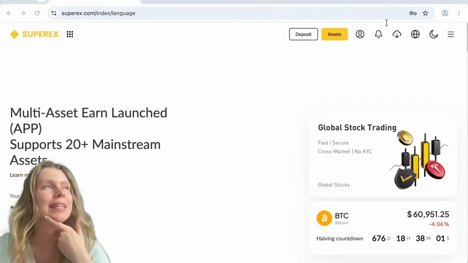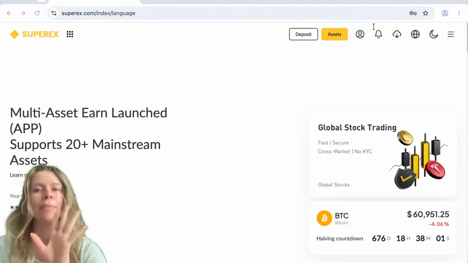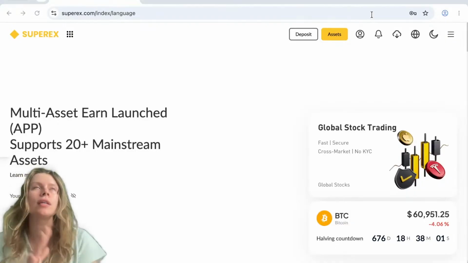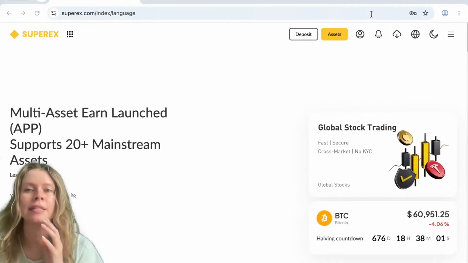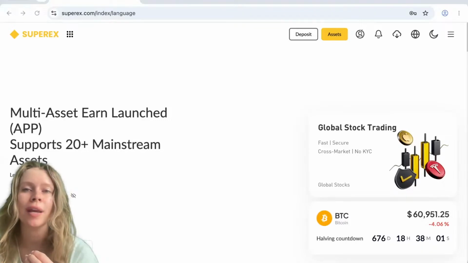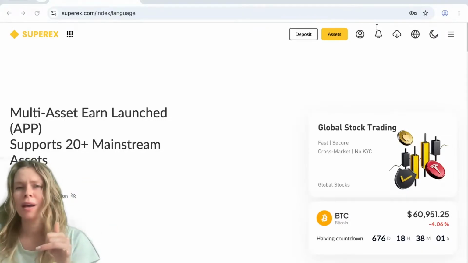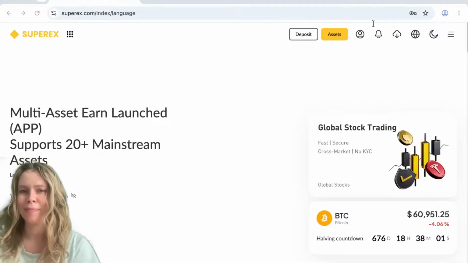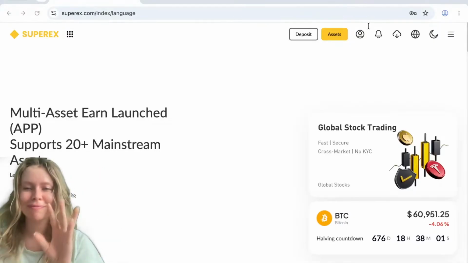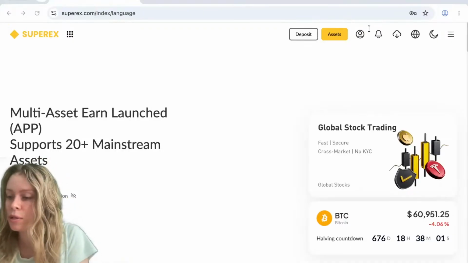We did spot trading last weekend. I might do another little bit of spot trading tomorrow, but for now we are going to be focusing on futures. A quick, simple way to understand all of this is spot trading is like buying and holding an asset, while futures trading is about predicting whether the price will go up or down without actually owning the coin, okay? So we're going to go step by step. Don't worry if it's still really new to you. Don't stress. So firstly, if you guys haven't already made an account,